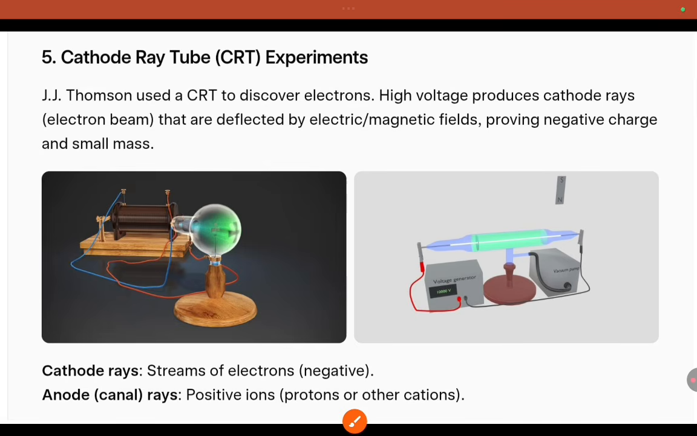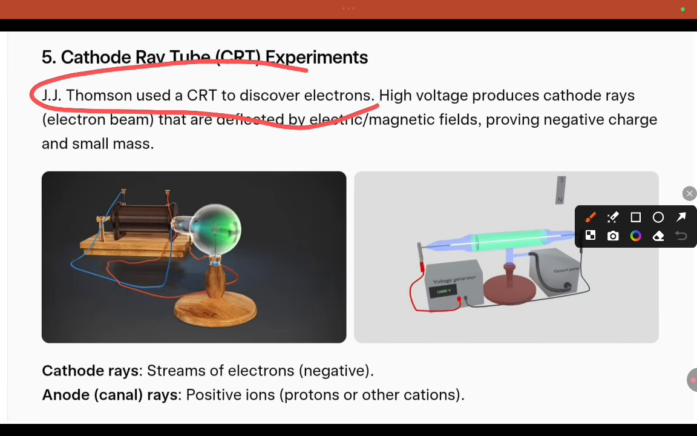Cathode ray tube, CRT experiment. See here how we got these particles. That is the reason we have some experimental history. J.J. Thomson used a CRT. CRT means cathode ray tube, to discover the electrons. How were electrons discovered? Electrons were discovered by J.J. Thomson, but before that he did one experiment called the CRT experiment, which is nothing but the cathode